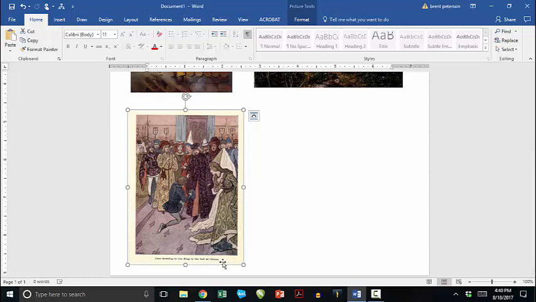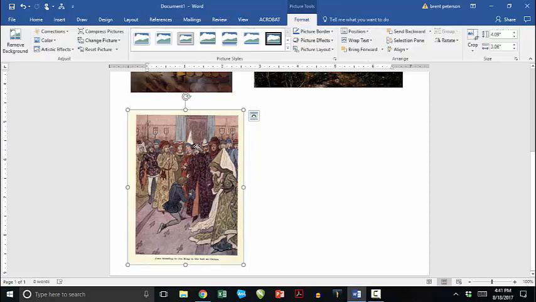Now, there are a couple of ways that we can handle this. First of all, you may want to just allow your children to go around and cut around that image with a pair of scissors, because all of these are going to be cut out anyway. But you do have one other option. You can click on this, double click on it, I should say, and up here on the upper right hand corner there's an option that says crop. We click on crop,